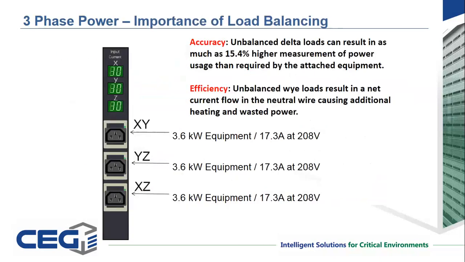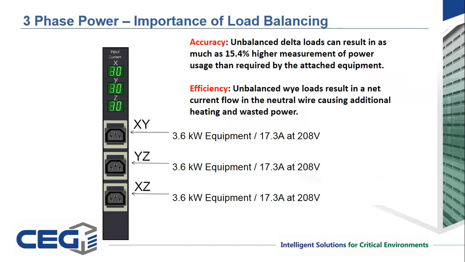There are some inherent be carefuls with three-phase, and the most important be careful is this thing called load balancing. So you'll see on power strips where you have meters, and we'll talk about the types of meters and what they do in a second. When you have three phases of power, an X, a Y, and a Z phase, you can combine 2 of those to get the desired electricity into different outlets in the power strip. So you combine the X and the Y, you combine the Y and the Z, you combine the X and the Z. And what's real important is this thing called load balancing,